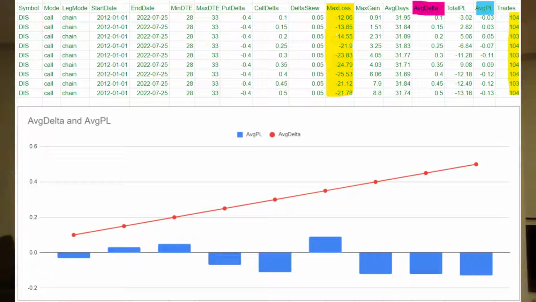So what can we gain from looking at this chart? We can see the really low deltas maybe did a little bit better, and there wasn't as much profit or loss. As your delta moves up, not surprisingly, your variance gets higher. Also, as your delta goes up, your max loss tends to go up too, but so does your max gain. But anyway, we can do much more interesting things in the future.